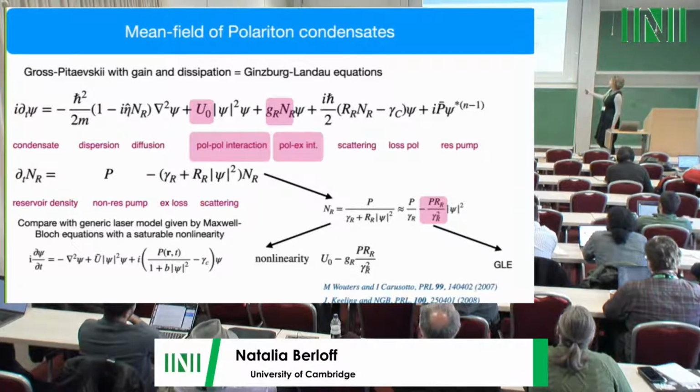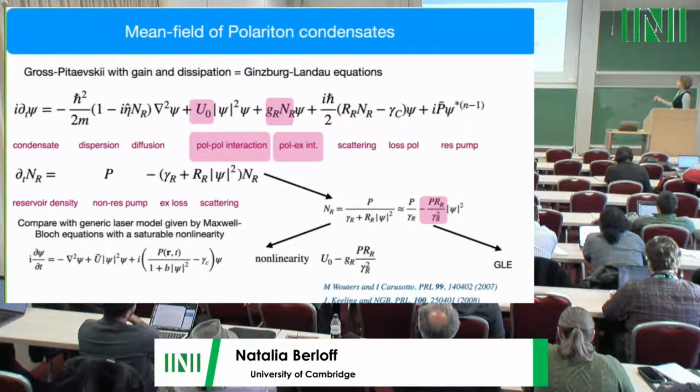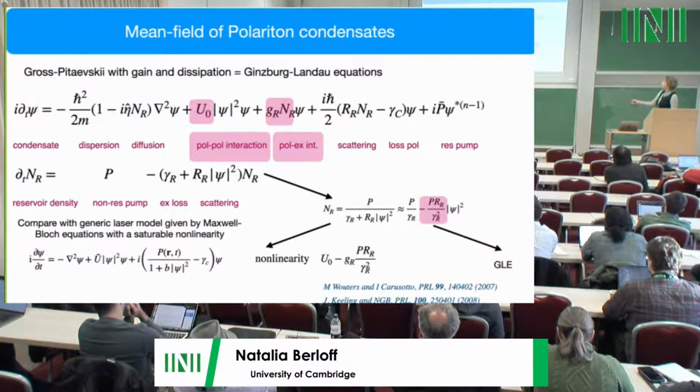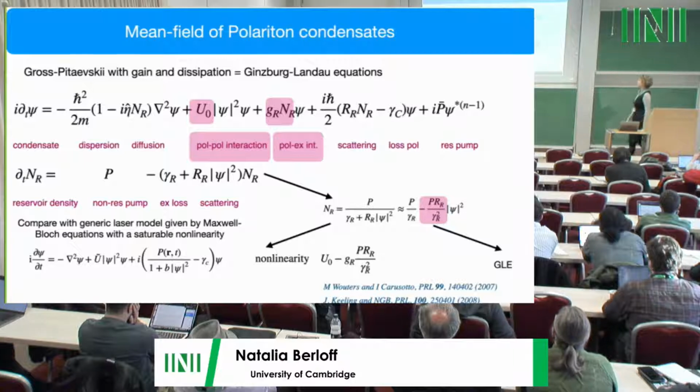And also, importantly, we can combine resonant and non-resonant pumping. So in this case, we can have a pumping with, and here is the resonance with the condensate. For the reservoir, we usually take the simple rate equation. When you have incoherent pump, the dissipation of the reservoir, and again, scattering into the condensate. If I assume that the relaxation of the reservoir is fast, then I can assume that this is 0, and therefore the density of the reservoir is simply the incoherent pump divided by this expression.